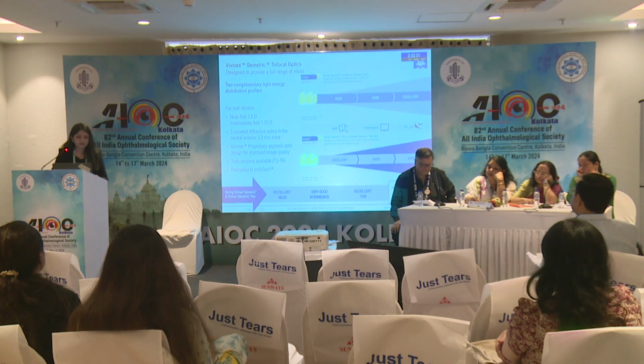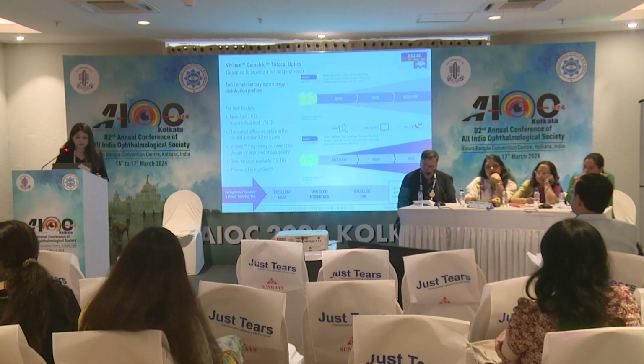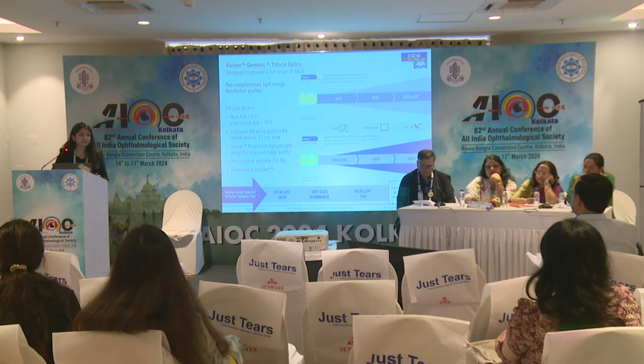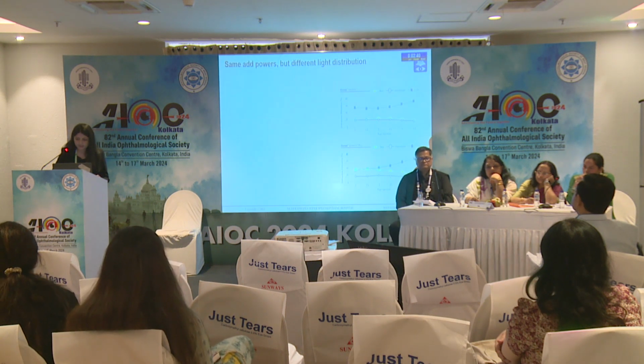So we studied one such new generation IOL, that is the Geometry range of IOLs. We have two models in this. One is the Geometry and the other is the Geometry Plus. Both these models have a near add of 3.5 and an intermediate add of 1.75. So how do these models differ? It is basically because of the difference in light distribution between the two models. In the next slide we can see,